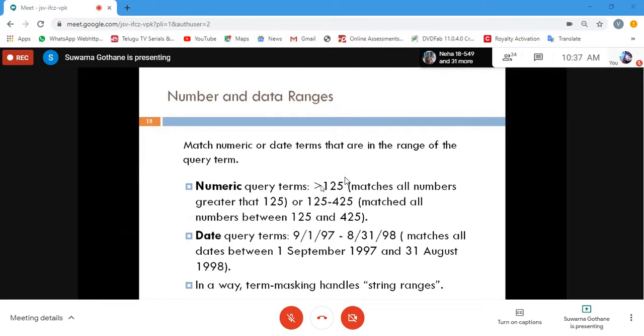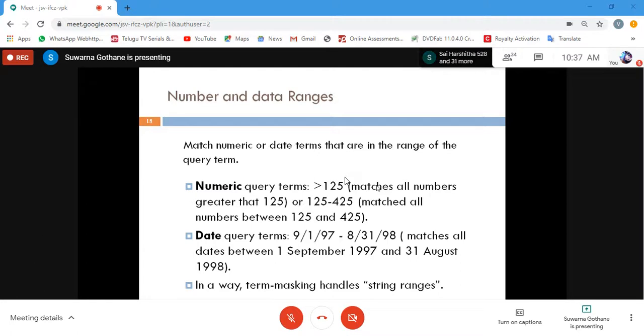Or I am interested in getting all the songs after 2000, whatever year, suppose 2018. So I'm giving some particular condition. That is the condition specification, or you can also give a particular range. 2008 to 2009, in this span, what events got released? For that, you can give any condition.